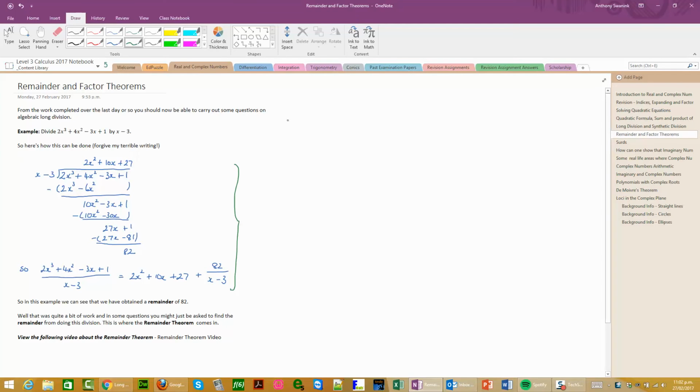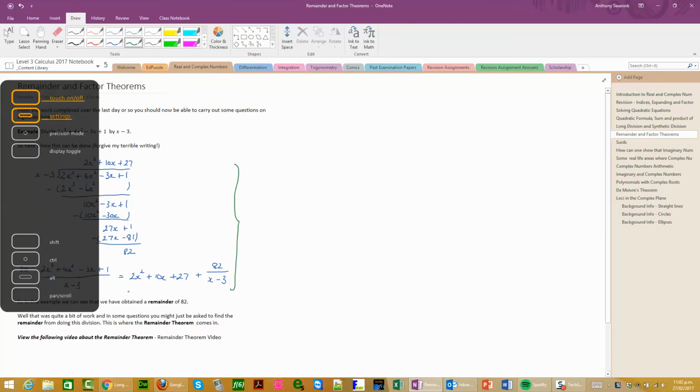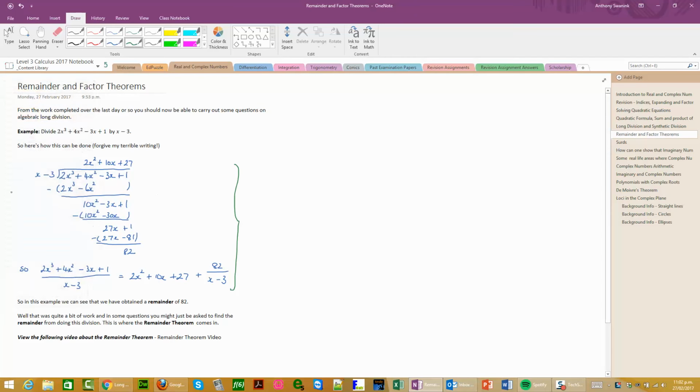Because in some questions you're just asked to find that remainder or to interpret the remainder, especially if the remainder is equal to 0, and we'll come to that a little bit later. So what I'm going to do is try and generalize what we've got here. Okay, so we've got some sort of polynomial and we're dividing it by some sort